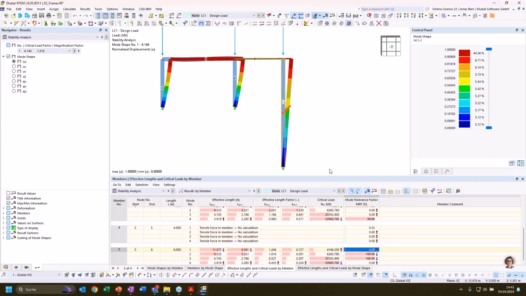It has no influence on the mode shape that we are investigating, and vice versa. So this member has also no influence on the structural stability of this 2-hinge frame. And if we want to look for a mode shape for this particular member that is relevant for the buckling length determination, we would need to look for mode shapes where our mode relevance factor is higher than some value, maybe higher than 10%,